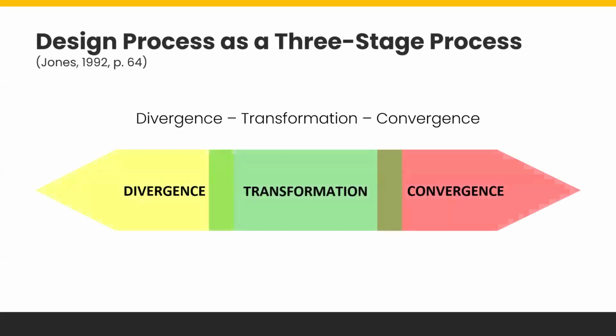Another possibility, and this is one of the most famous, most discussed 3-stage processes, is divergence, transformation, and convergence. Divergence is similar to analysis, so that you open up all the possibilities. If you see Jalan Ganesha, what are the possible problems? Help me. What are the possible problems? Try to break down.